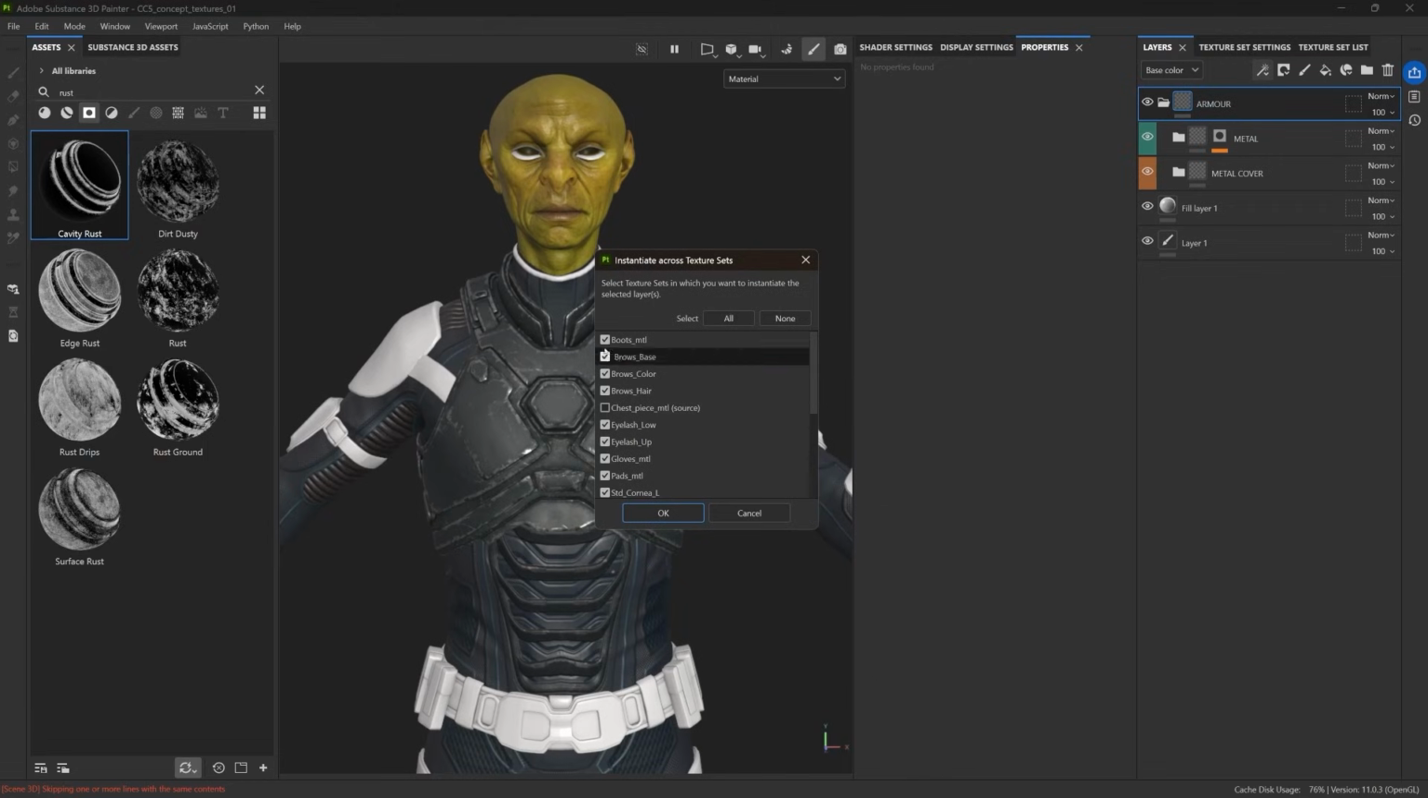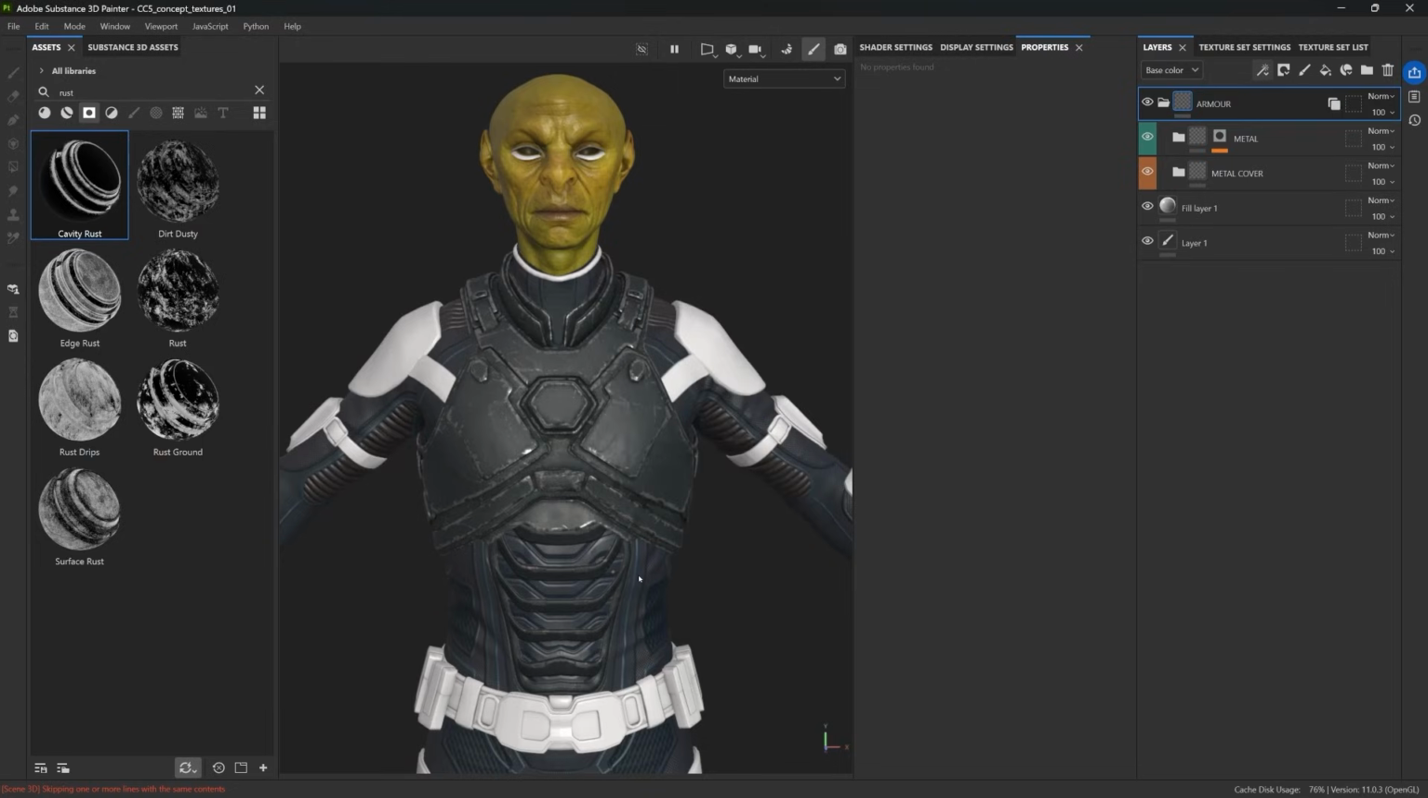There's going to be a window that will pop up, and this allows you to instantiate this across any texture set. So I'm going to click None first just to clear the list because I don't want to apply it to everything. And then I'm going to tick only the sets that I want this material to be applied to. So for instance, the pads, the boots, the belt areas in some areas, and obviously the chest, right? And that's it. We can click OK, and Painter will automatically apply the same material setup to all the selected